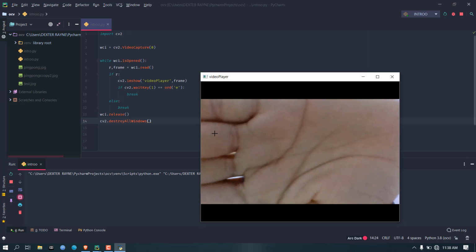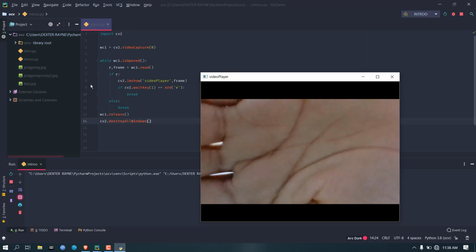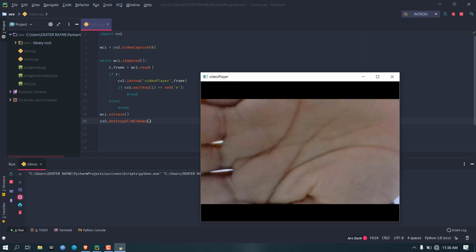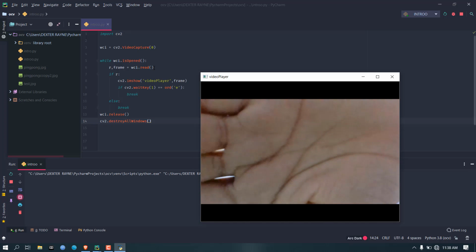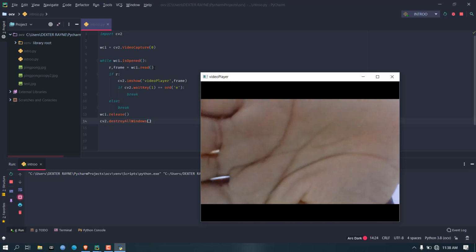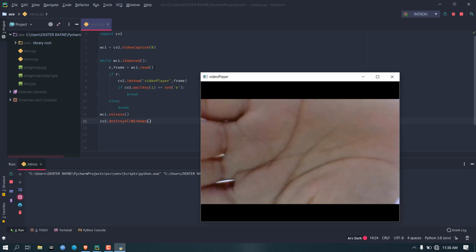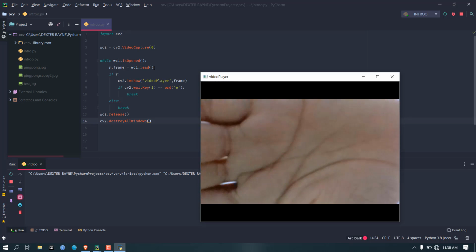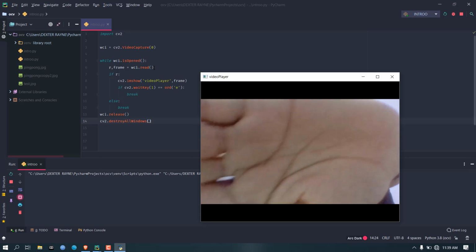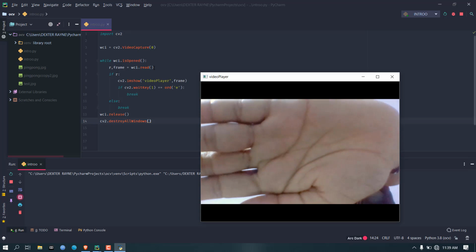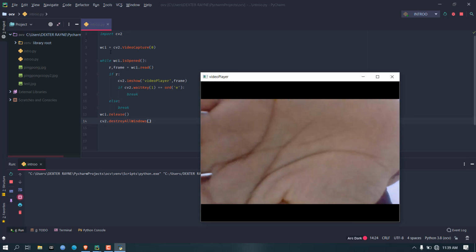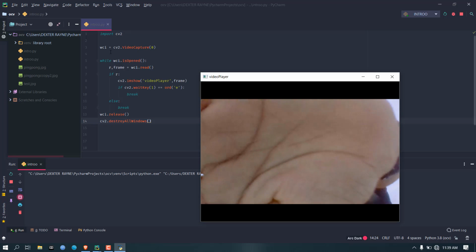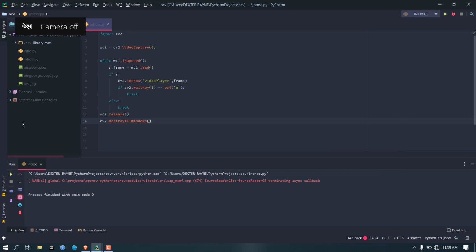One more thing I want to tell you: we just read the video input from the video capture function, and then we show this video using the imshow function by extracting the frames one by one, because every frame is actually an image. Now I'm going to press E and this window will exit. I just pressed E and the code exited with code 0 and the window exited.